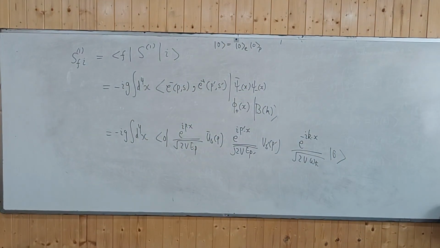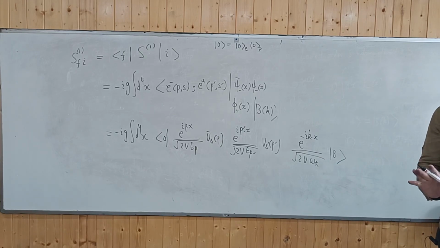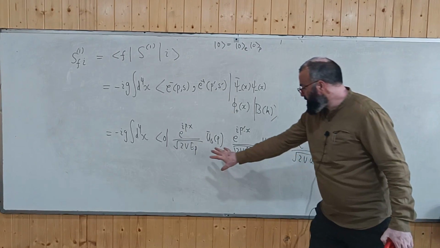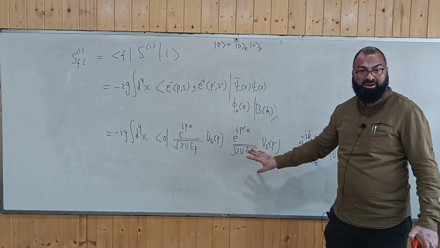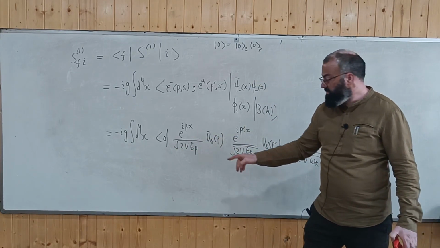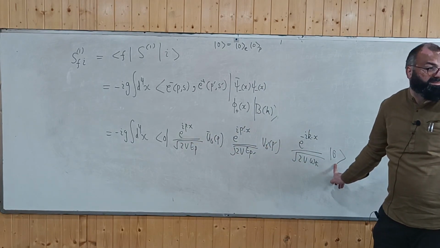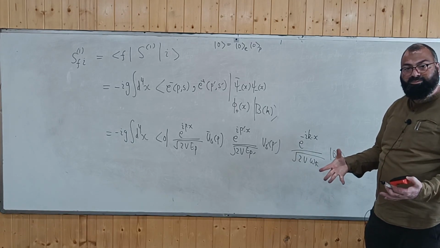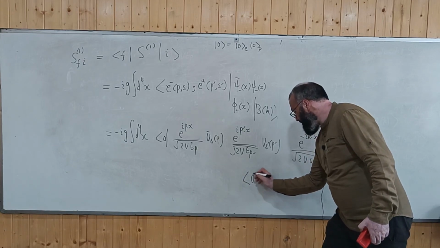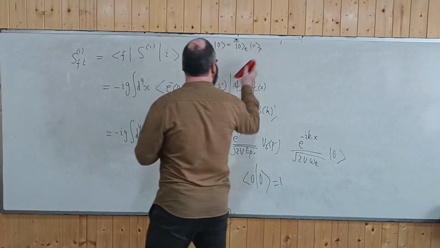Everybody followed it? Any problem? Okay, good. So what is this equal to now? All these are the numbers. So this vacuum, there is no operator within, so this vacuum will come, and there will be an inner product between the vacuum, that's equal to 1, because we have taken the vacuum to be normalized. So using this definition, the vacuum is normalized. Then I can write this very matrix element as